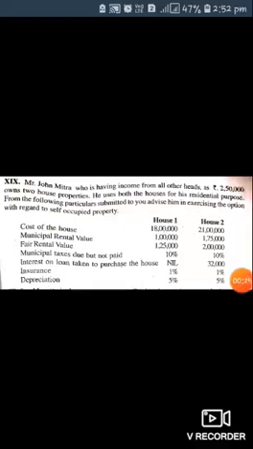Cost of the houses is 18 lakhs and 21 lakhs, and municipal rental value is 1 lakh and 1,75,000. Fair rental value of the houses is 1,25,000 for the first house and 2 lakhs for the second house. Municipal taxes are due but not paid, 10% for both houses. Interest on loan taken to purchase the house: he took a loan for the second house, that is 32,000. Insurance is 1% for both houses. Depreciation is also 5% for both houses. So now let's see the computation when self-occupied by John Mitra.